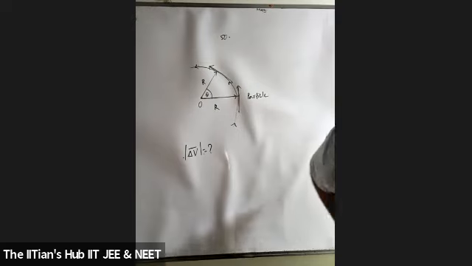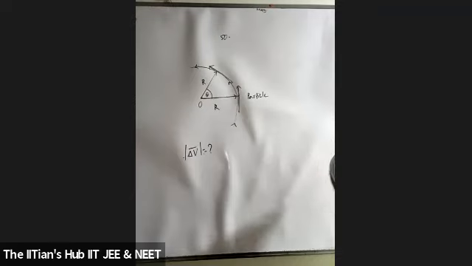So what did you do? You tried to take two vectors. Yes, sir, two vectors. So first by subtracting both the vectors, I get root of v square plus v square minus 2v square cos theta. As they have said, the speed is not changed, so the magnitude of both would be the same. So change in magnitude would be 0.